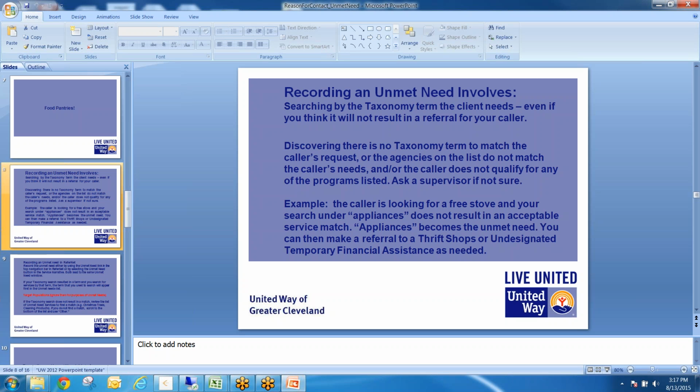And the success of all of this depends on agreeing with your caller that you're looking under the right taxonomy term that defines the need that they have. So that undermines the success or the failure of recording an unmet need. Recording an unmet need involves searching by taxonomy term,